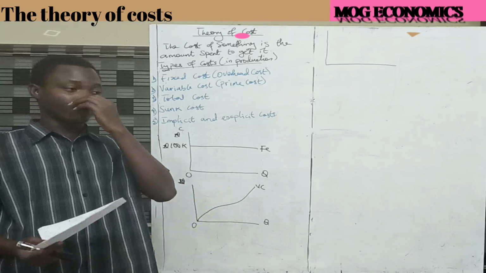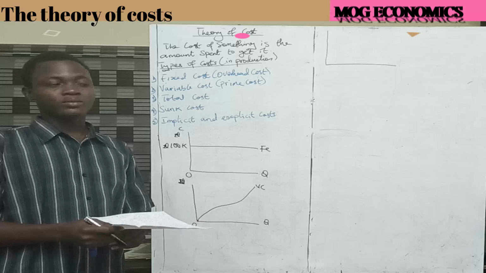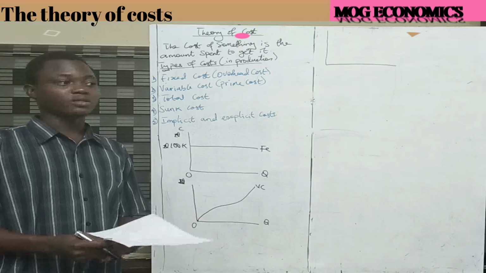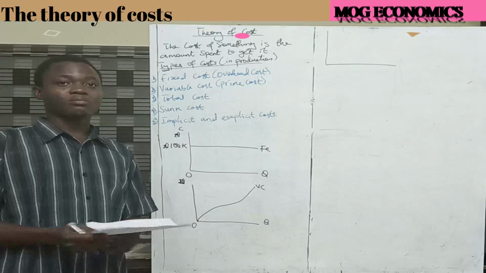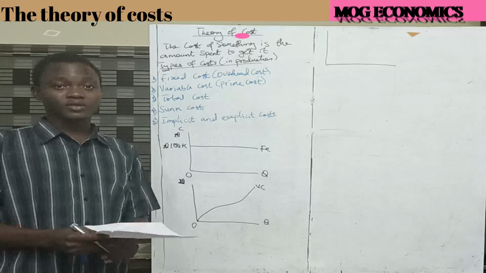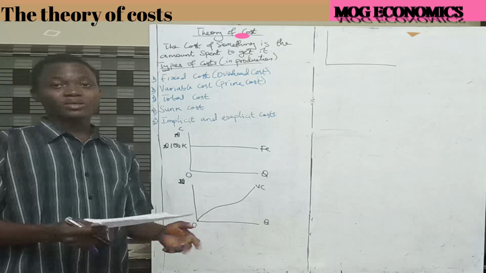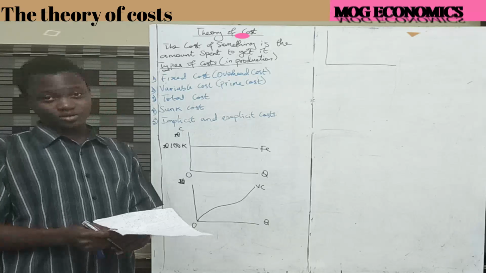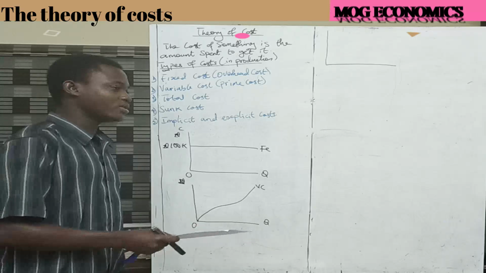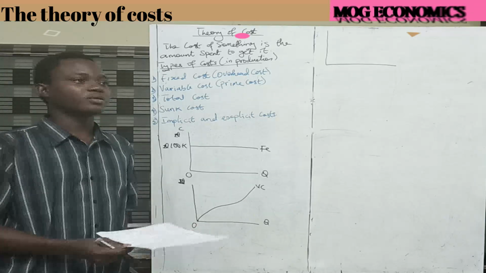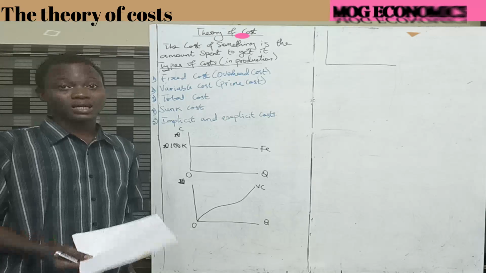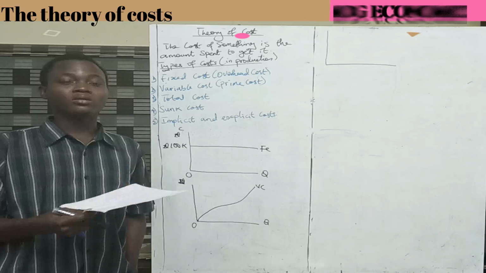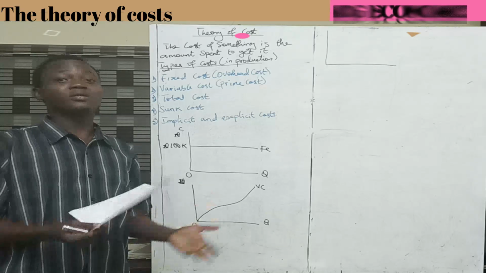So now we have types of cost in production. We have fixed costs. So fixed cost is a cost that does not change with the level of output. It doesn't matter what your output level is, it doesn't change. An example is the phone I am using to record this particular video. So let's assume that the cost of the phone was 100,000 naira. I'm not saying that's the cost, I'm saying let us assume. So now it doesn't matter if I record a class, the cost is still 100,000 naira. If I use this phone to record, let me say 5 videos, the cost is still 100,000 naira.